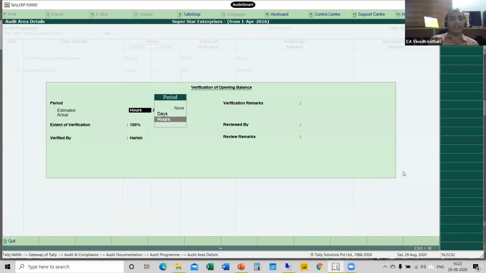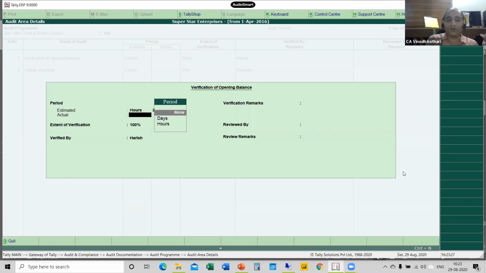So once you select, what will happen is it will open another window and ask you how much estimated time. Normally, when you program your audit, we have to decide what is the time it is going to take and how many days we can do, so that we can plan our audit better. Now, the first year when you do this in the system, next year you know what the position was last year and you can plan your audit better. So say I'm estimating that to complete the opening balance verification, it will take some 3 hours.